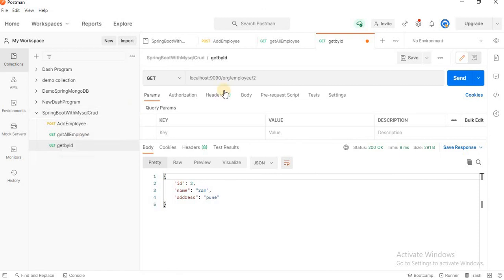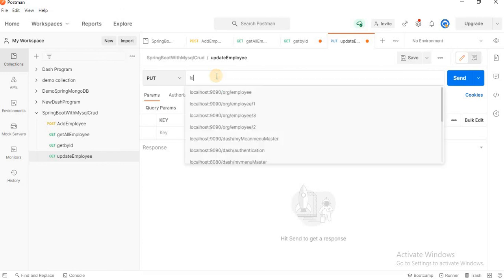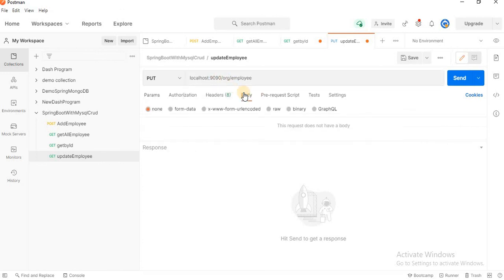Let's create one more request and write here update employee, and it's a put method. Let's write the localhost employee URL and pass whichever record you have to update in the body.